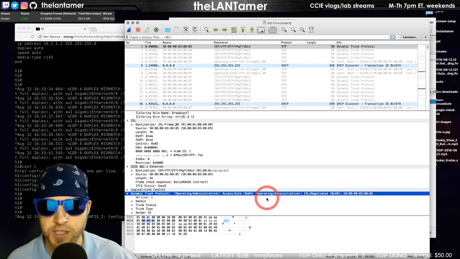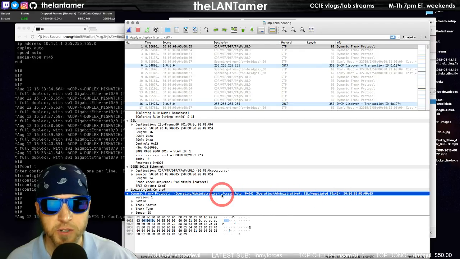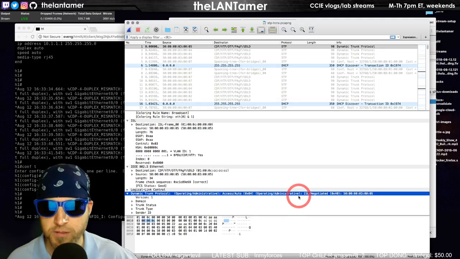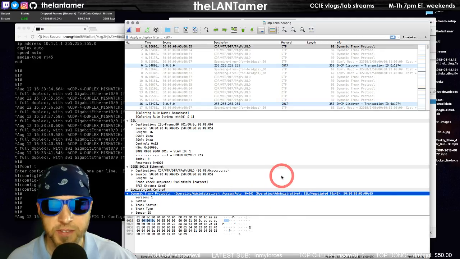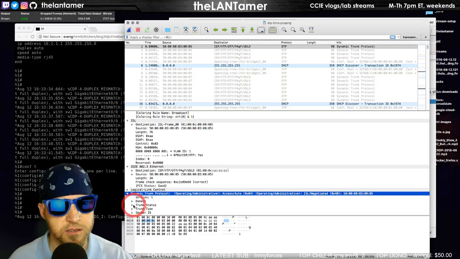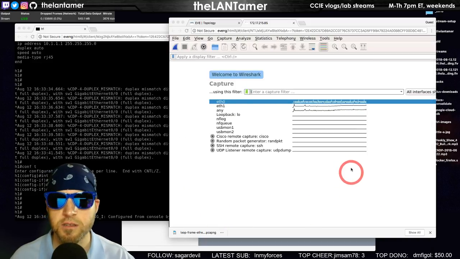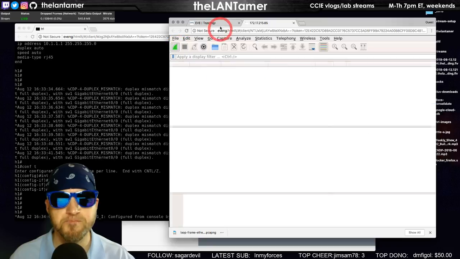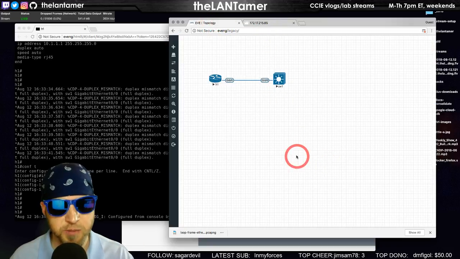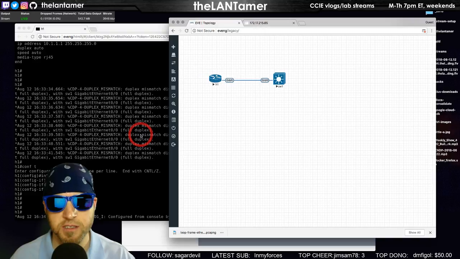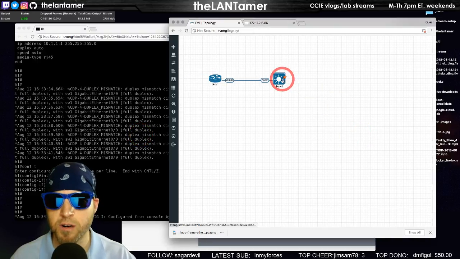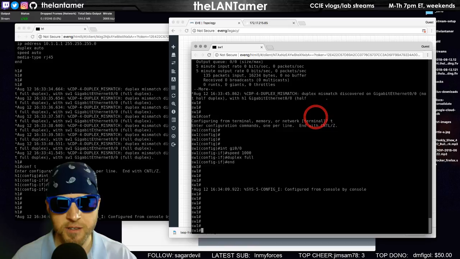That's how we're operating in administrative mode. Operating mode is ISL, administrative mode is negotiated. Operating mode is access, administrative mode is auto. So I think this is what you would see if you have an access port, but trunking is still on. But let's see. So that's our Wireshark. Isn't that cool? So that's the HTML5 console, what it does. All right, let's go back to our device here.